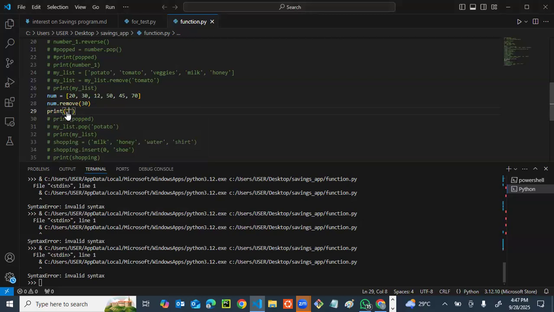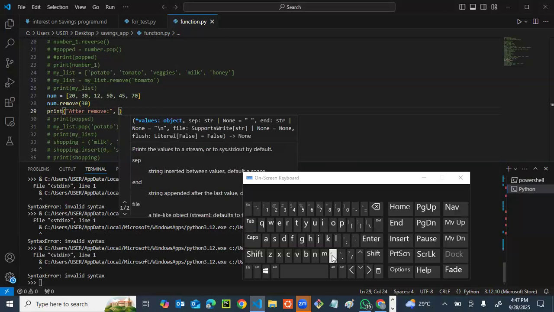Just like saying I want you to tell us that this is what I removed. So let's try, let's say after remove. This is just a print statement, just to tell us what it's removing or not. So if we say num,